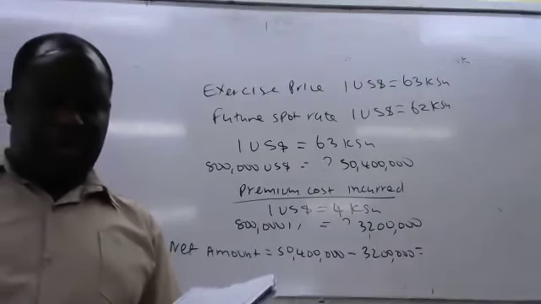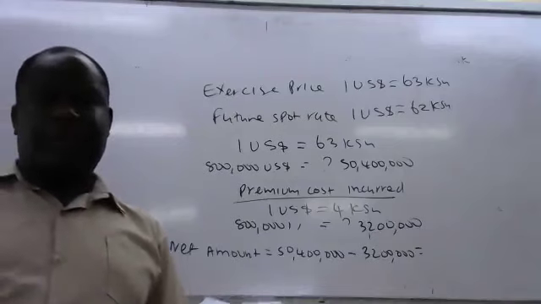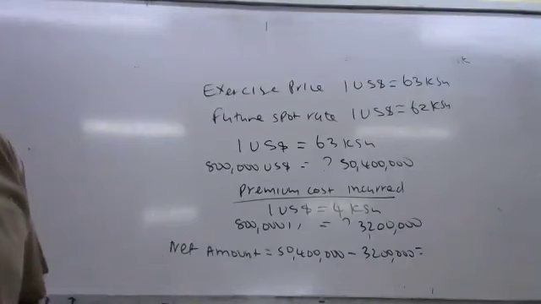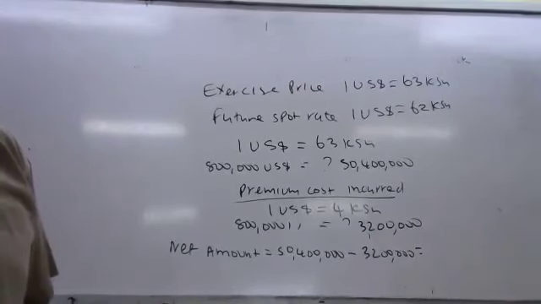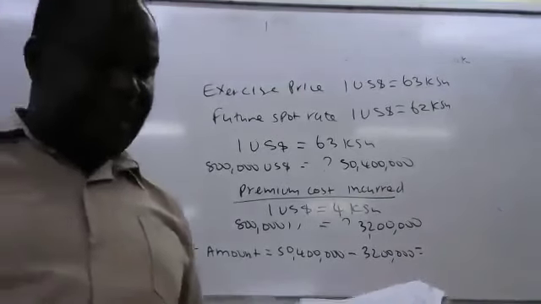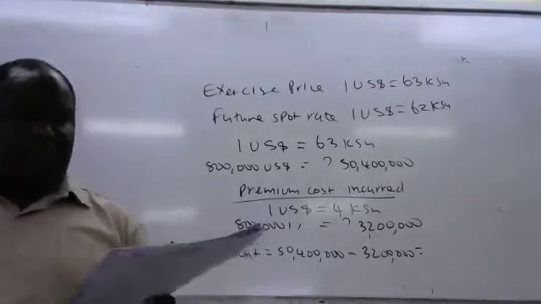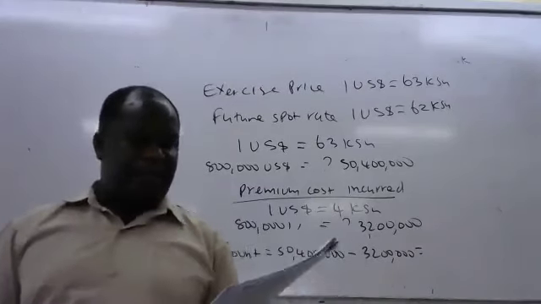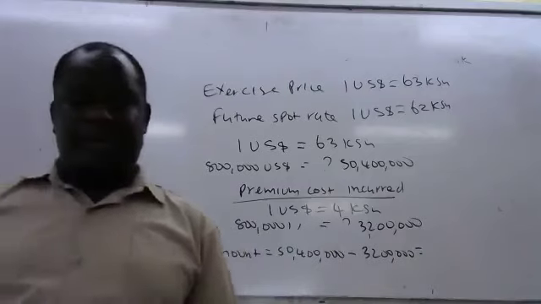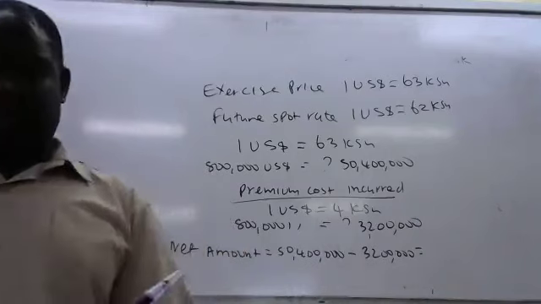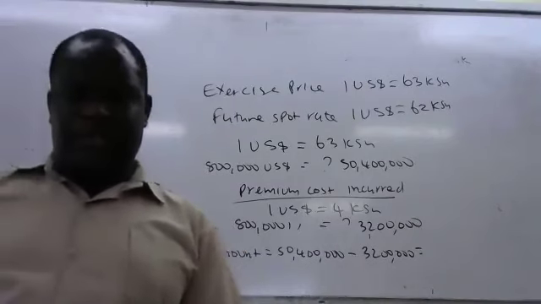There was also now the Roman letter 2. In Roman letter 2, they were asking you to advise the prospective investor on the most appropriate hedging strategy if no hedging was to take place. So if there is no hedging,